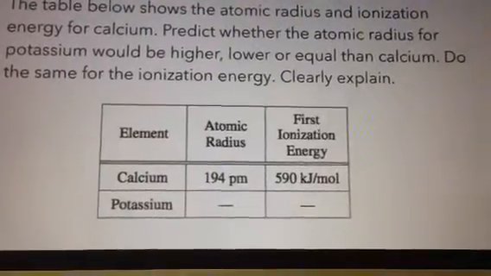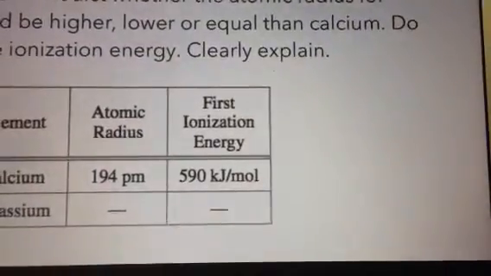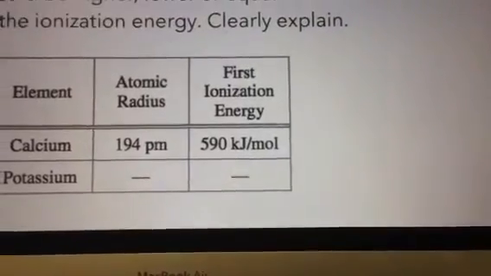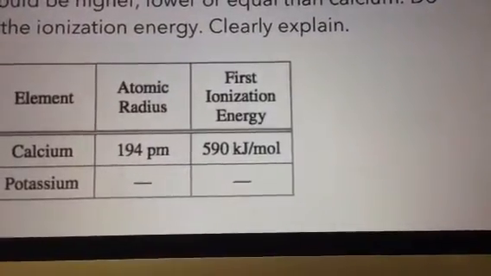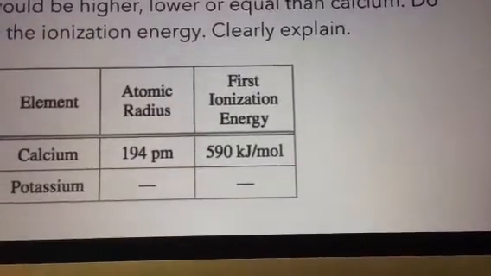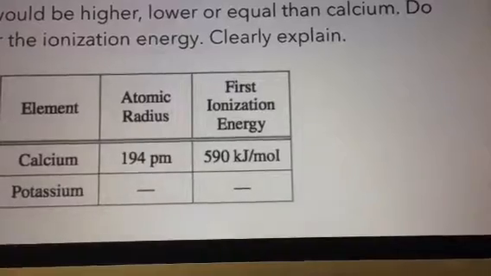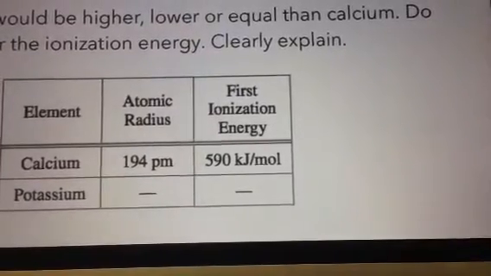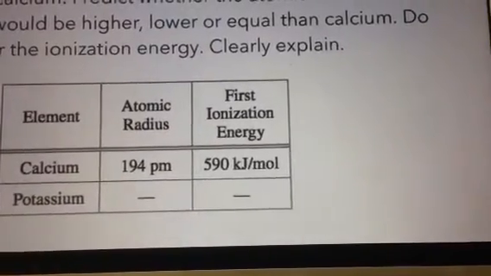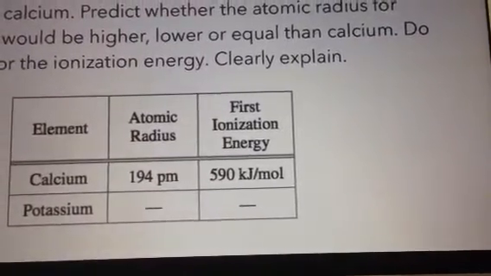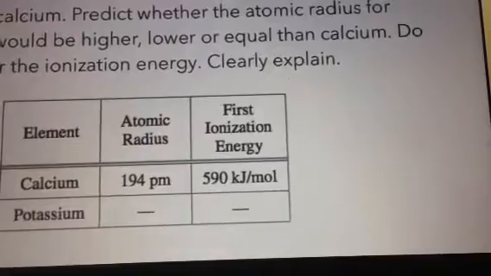Okay guys, so for this question, I would start with the ionization energy first. The ionization energy of potassium is going to be less than calcium. Because of Coulomb's law, potassium has one less proton in the nucleus, so it's a smaller value for Q. This is the horizontal arrangement. Thus, it's got a lower force of attraction between that electron and the nucleus, and that would give it a